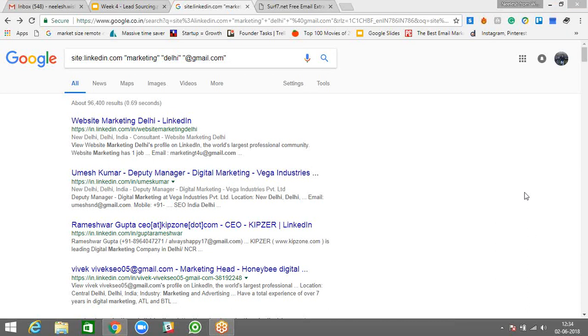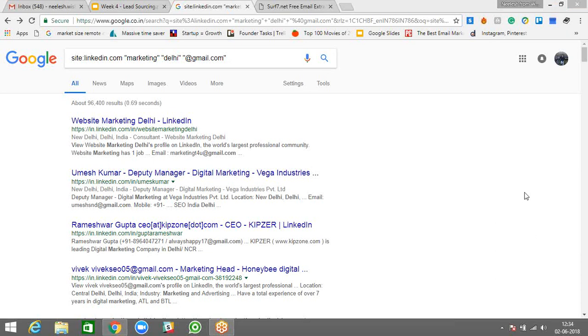Poonam is 8,400. Shilpa is 7,520. So you can extract in the range of 10,000 to 75,000 email IDs with 1 day's effort. Do you guys realize that? With 1 day's dedicated effort, you can extract anywhere between 10,000 to 75,000 email addresses.